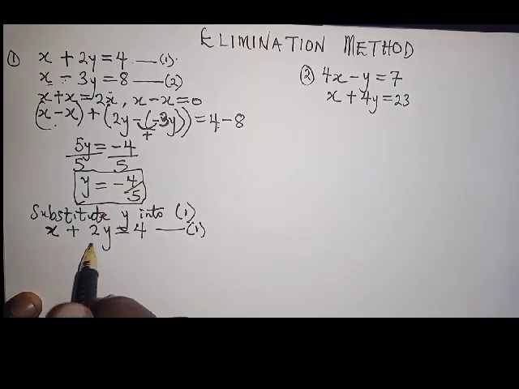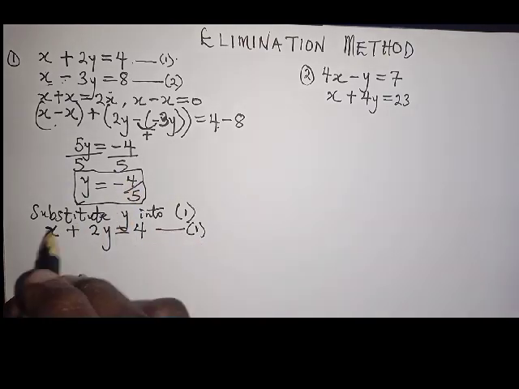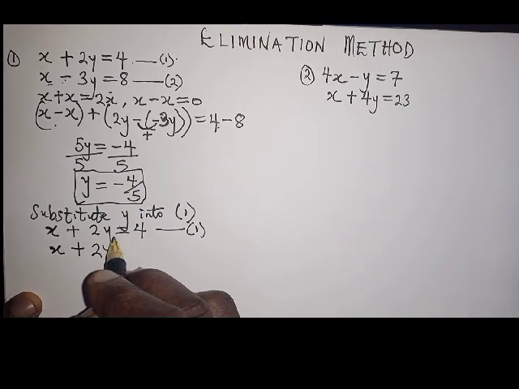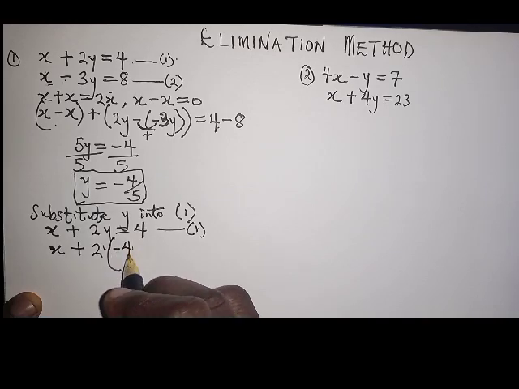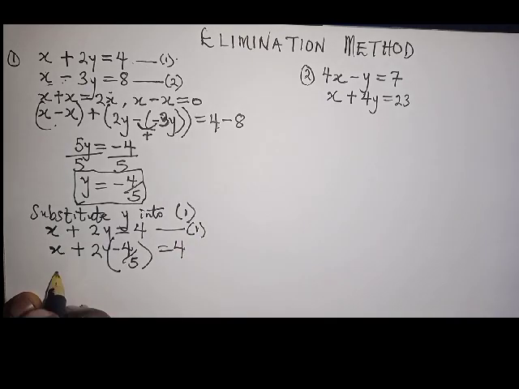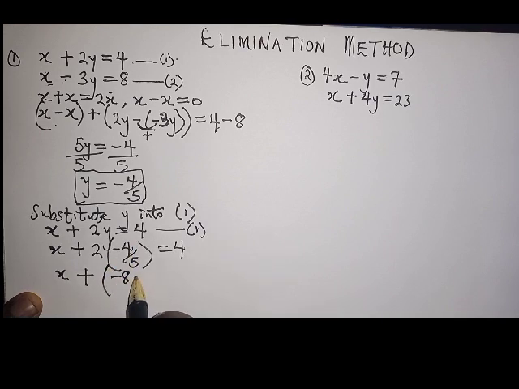Now, wherever I see y here, I'm going to put this expression. So it's going to be x plus 2 into bracket minus 4 over 5 equals 4. So this now becomes 2 times minus 4, which is going to give me minus 8 over 5